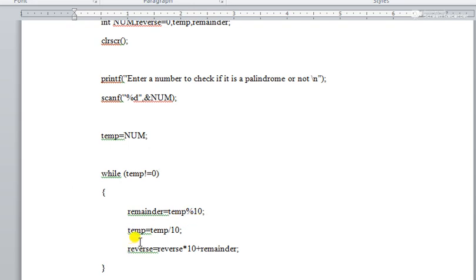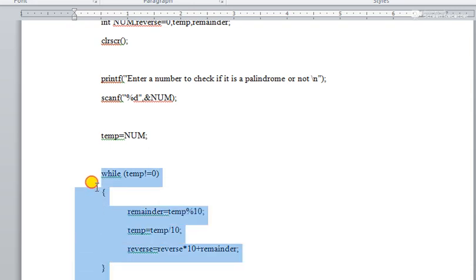After that, perform temp = temp / 10 for the next iteration. Then you find the reverse: reverse = reverse * 10 + remainder. This expression is very important. If you know it, you can easily find the reverse of a given number.